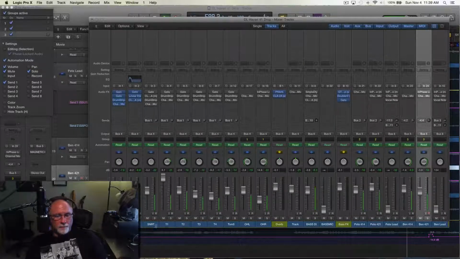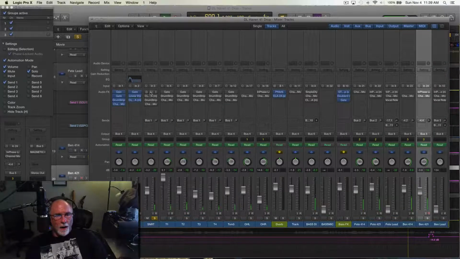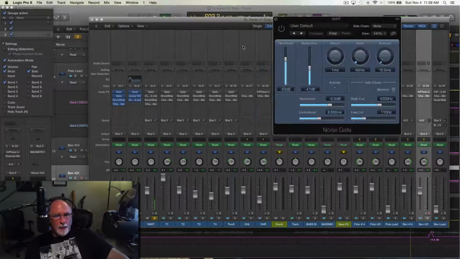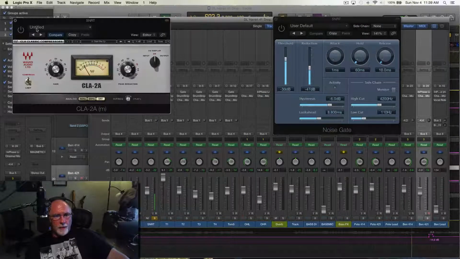There's the kick drum. What do we do to the snare? I reluctantly did a gate, and I did that later based upon all this other stuff I'm about to do here. Like, I do like these LA2